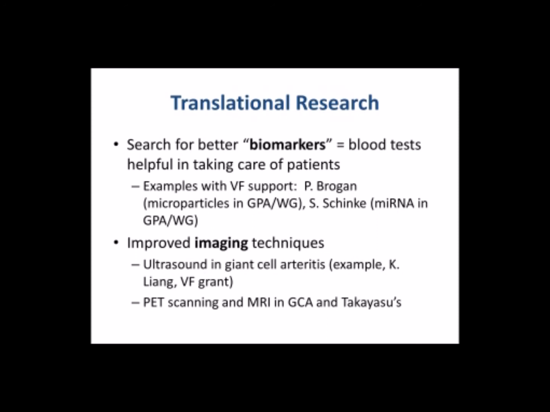Another thing that's being looked at in parallel, a very different type of imaging technique, more objective but also a lot more expensive, is PET scanning and then MRI in the large vessel forms of disease, giant cell and Takayasu. And these could be complementary because, for example, you can't use ultrasound to look at the aorta, the large artery that comes right out of the heart, but you could use these other techniques to do that. You can't use PET scan to look at the small arteries in the head, which you clearly need something for that for giant cell.